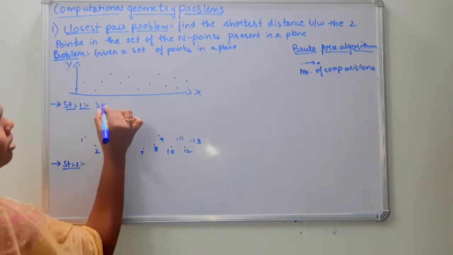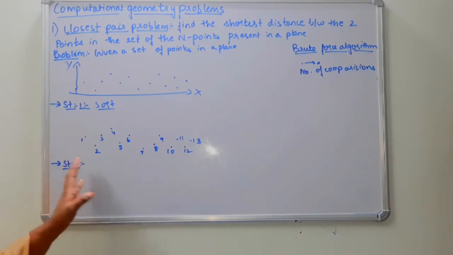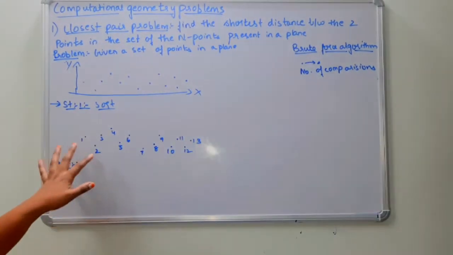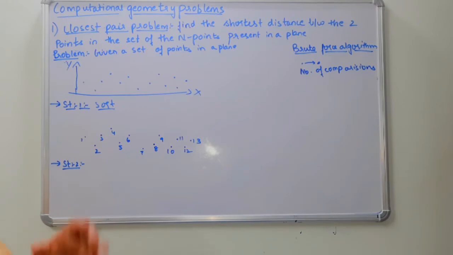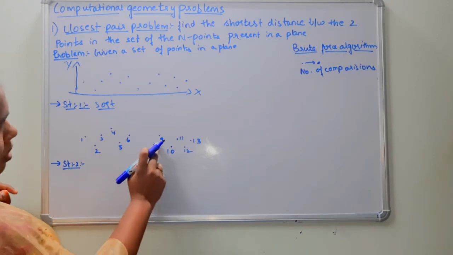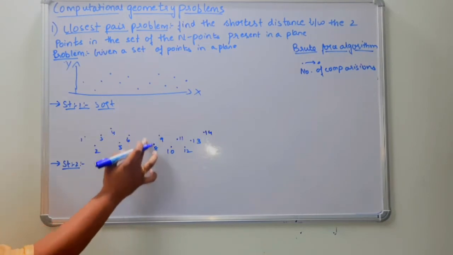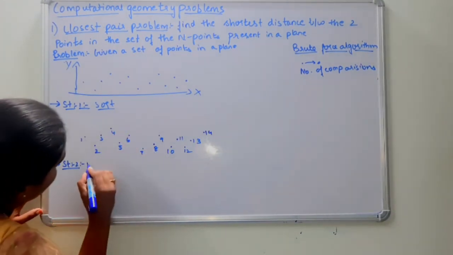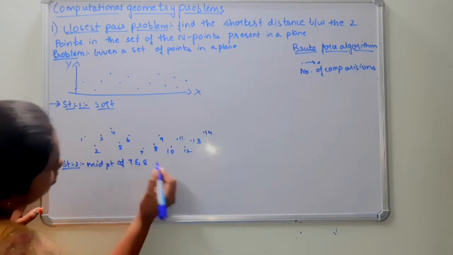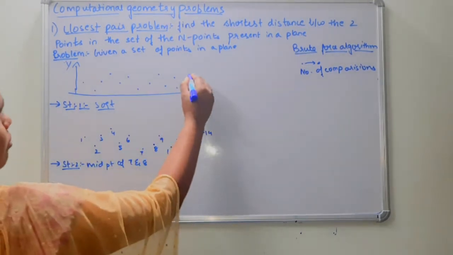Step 1 is sorting the numbers. And step 2, we have to divide the n number of points in the plane into 2 sub-problems. We have to divide this problem into the 2 sub-problems by getting into the midway. So 1, 2, 3, 4, 5, 6, 7. We have to divide the points in between the midpoint of 7 and 8. We have to find out the midpoint. Okay, the midpoint is between 7 and 8. We have to give a line between the 7 and 8.